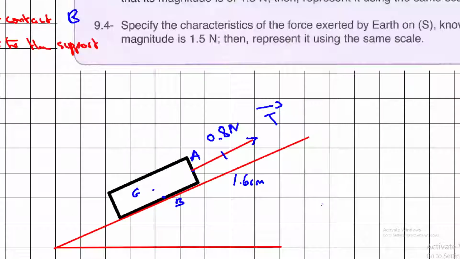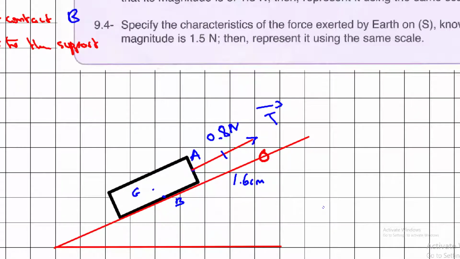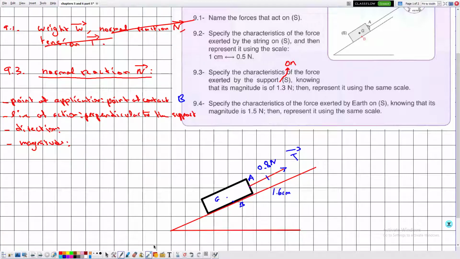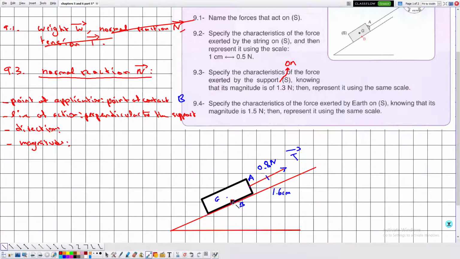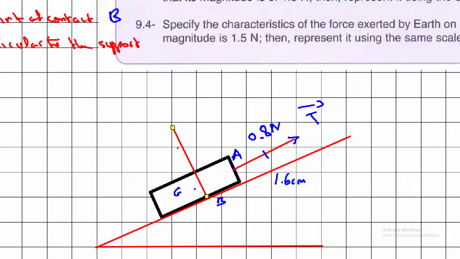Perpendicular to the support, this is the support. So in order to determine the line of action of the normal reaction, we need to consider a line which is perpendicular to the support like this. But now I will erase this. So this is perpendicular to the support. In this case, the line of action is, so notice that I have represented this vector perpendicular to the support. Now notice that the line of action is not vertical nor horizontal, so it is oblique,